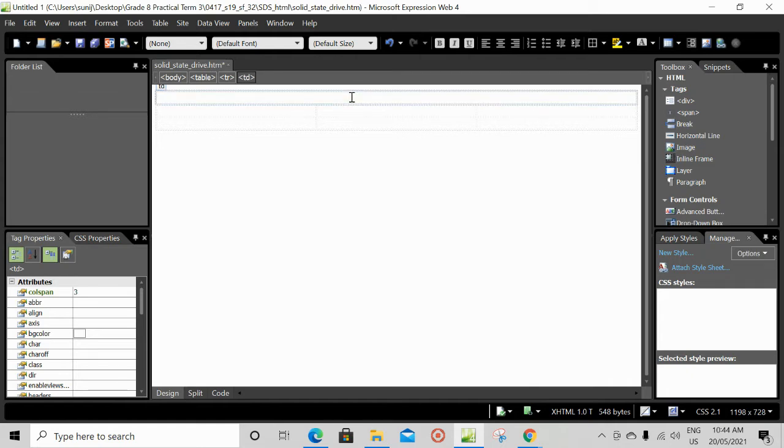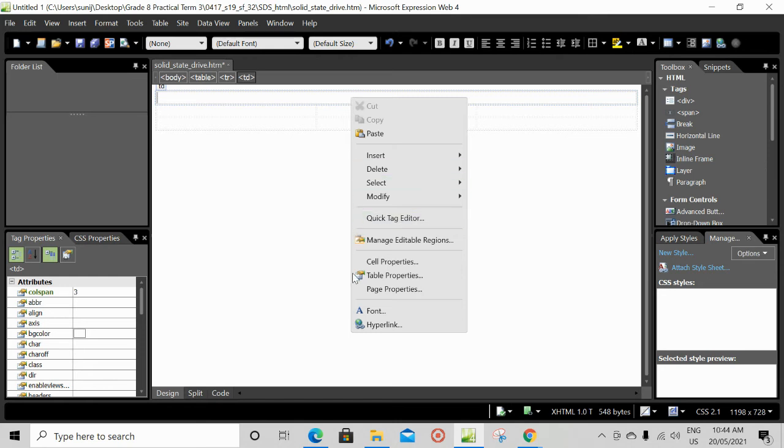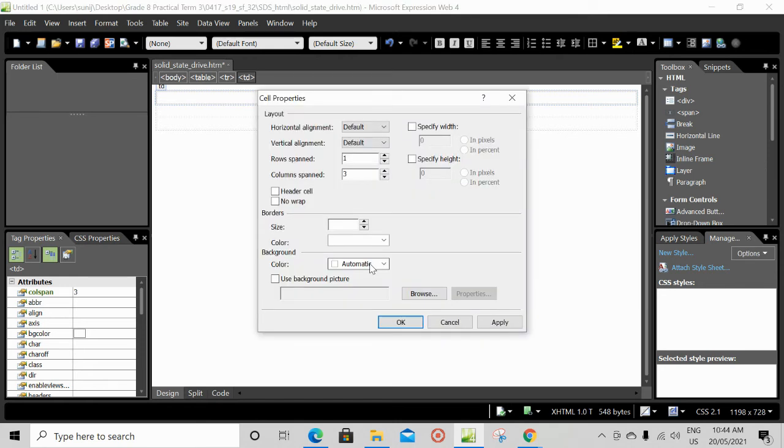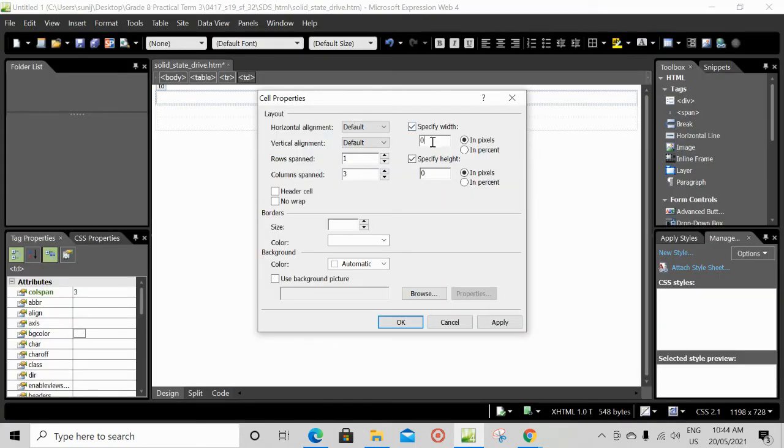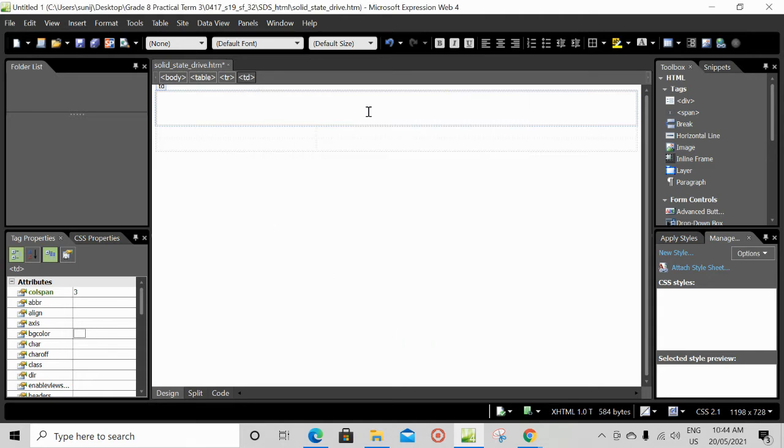Then again click on the cell, right click, cell properties. Here you can mention the width and height of your table. So if you see the question paper, 1400 is the width and 80 is the height. So you will be writing 1400 here and height 80. Apply. Okay. So now this is cell A.